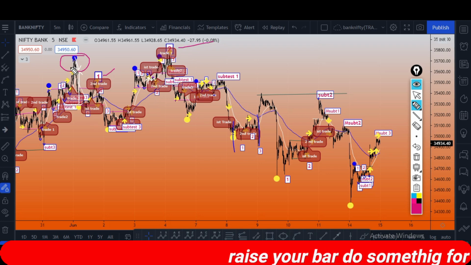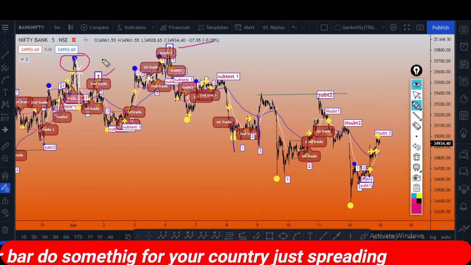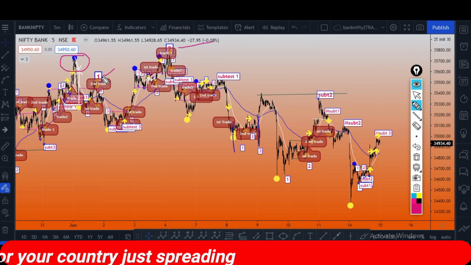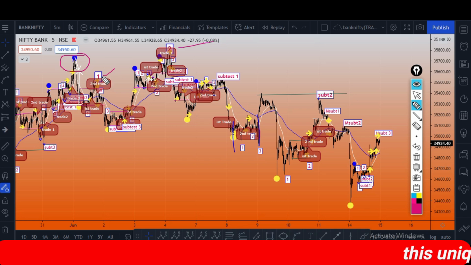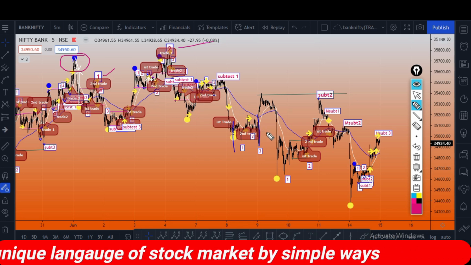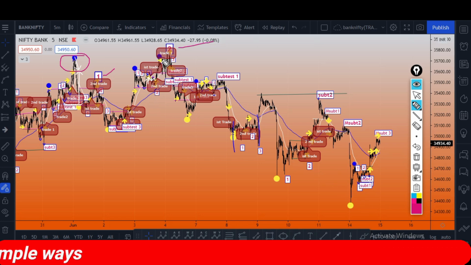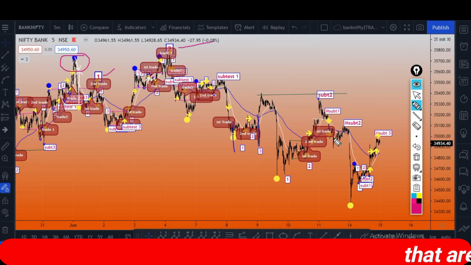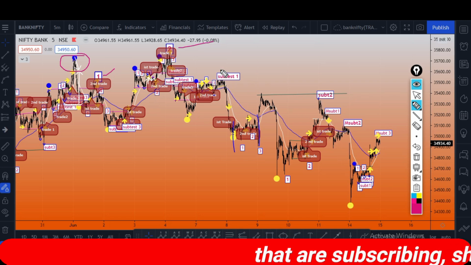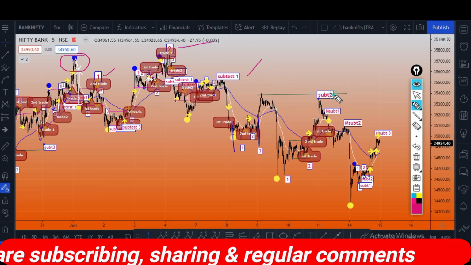If you see here, you will not get extension in the first testing. That is why I put this mark 1, the main mark, at this point. If you see here, this is the second point. In the second point, you are getting the extension of price towards the downside. That is why the introduction of subtest will occur. Here, this point is called subtest 1 and this point is called subtest 2.